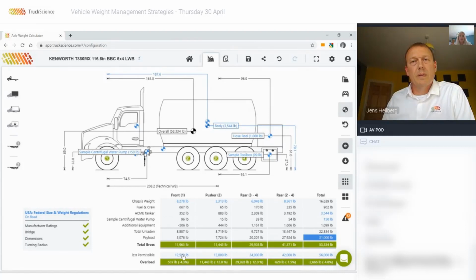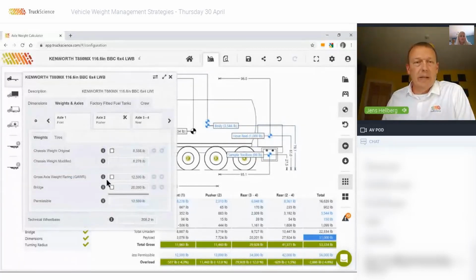So Jens, if you wouldn't mind just showing where you can override the weight limits for individual axles and for the total, where you're dealing with a particular state. So each permissible there, if you know the permissible for the front axle, you can click on that, and you can override that bridge value there. I can set that if it's slightly higher or lower. I can just go ahead and override that. If it's 22,000, I can do that. In this case, it won't have an effect